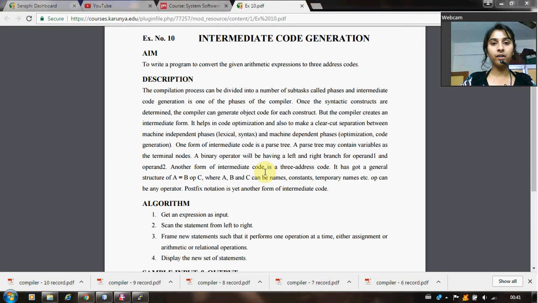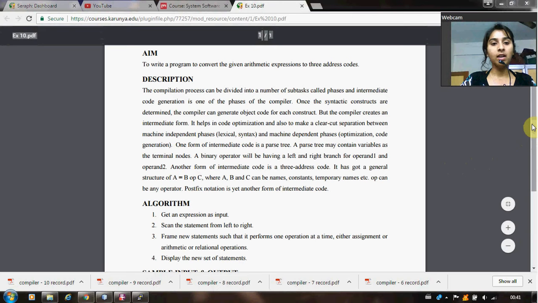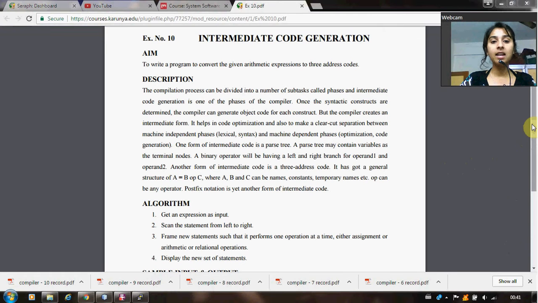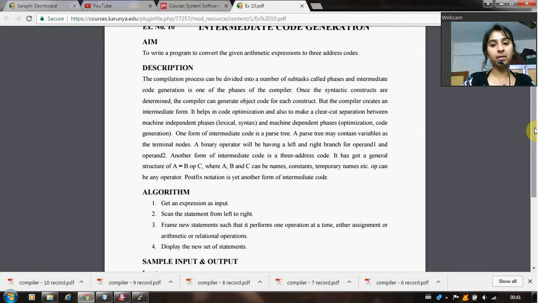This is System Software and Compiler Lab exercise number 10. In this experiment, we are going to see intermediate code generation. As you can see in this exercise, our main aim is to convert the given arithmetic expression to 3 address codes. The compilation process can be divided into a number of subtasks called phases, and intermediate code generation